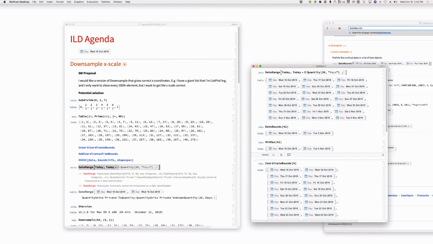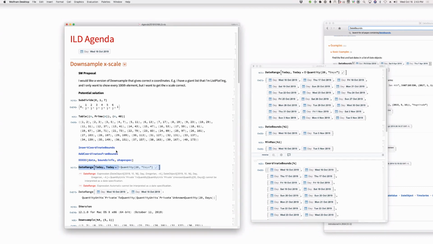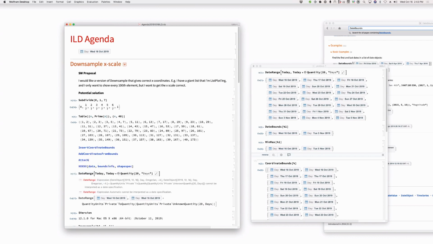Right. Well, anyway, I think supporting coordinate bounds for ranges of dates seems useful, although we then have 3 separate ways to get the same answer, but that's okay. All right, but here, this is basically a spraying coordinates type of activity. You're spraying coordinates on things. You're attaching coordinates. That's rather silly, but